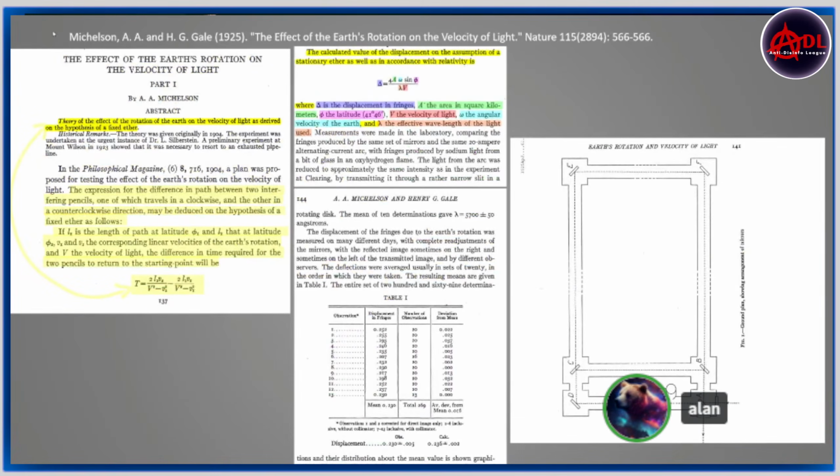So 1925, this is Michelson and Gale and Pearson. What these gentlemen did is they built a giant underground interferometer. They vacuumed out these tubes here, and they measured a variance in the speed of light relative to the latitude. And the way they explain this through heliocentrism is they say that